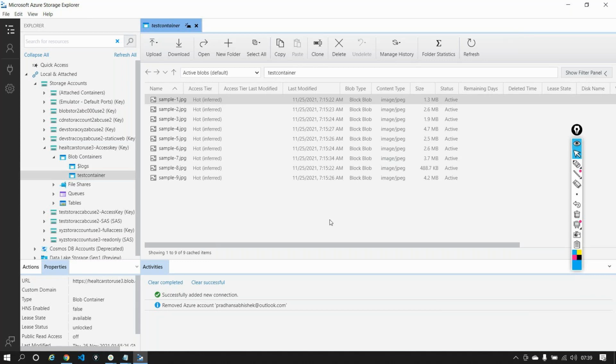Meaning you can give this connection string to anyone sitting in any part of the world, and they'll be able to use this service known as Microsoft Storage Explorer, a very simple piece of software, to go ahead and interact with your storage account without having to log into Azure. So you don't have to give access to everyone on Azure. They can use Storage Explorer, take that connection string and get connected, basically log into this particular storage account. You don't have to log into Azure.